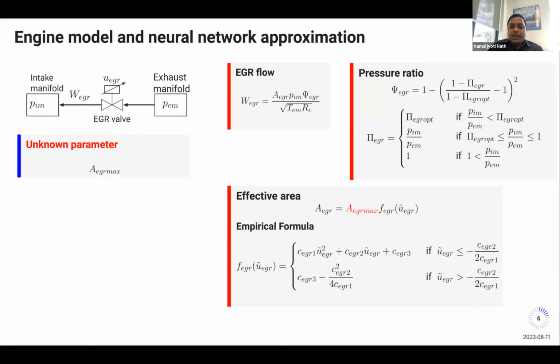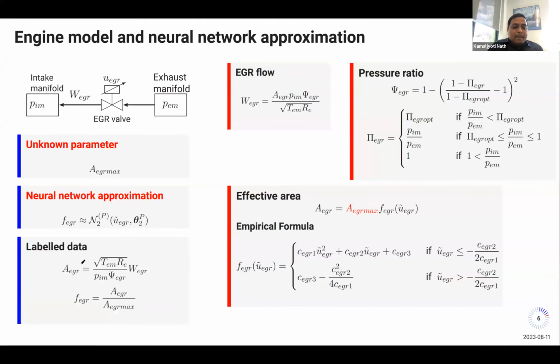We consider this as an unknown for the estimation problem. Why is it unknown? If there is any problem in the EGR, say some deposits, it will change from the design value. So we can see that there is some maintenance requirement in the EGR, and we can carry out maintenance. And then there is the network which approximates this EGR, trained using laboratory tests from the EGR. There is a catch here. This is the pressure ratio, and if we go here, this can be 0, so we avoid the 0 with a small number.